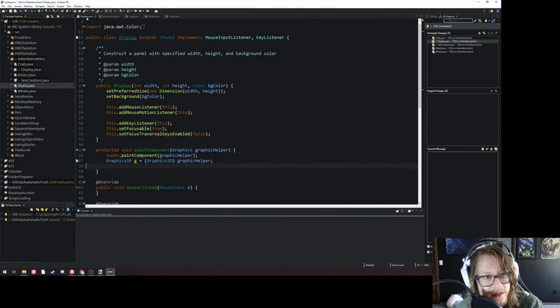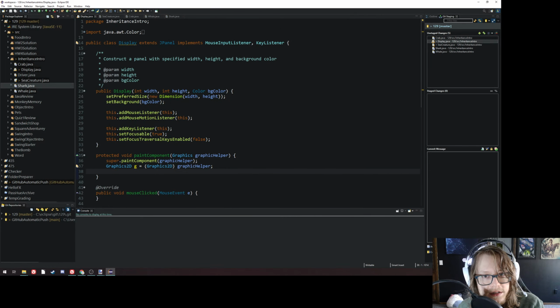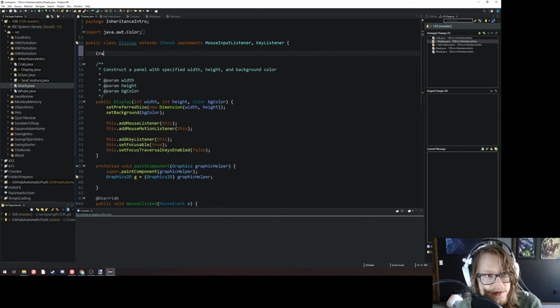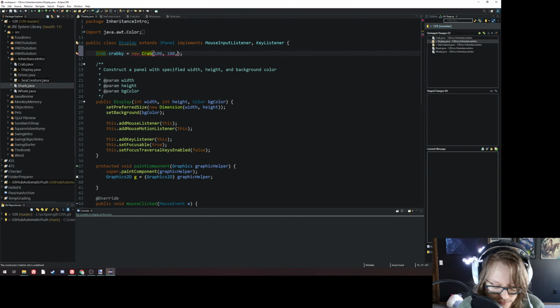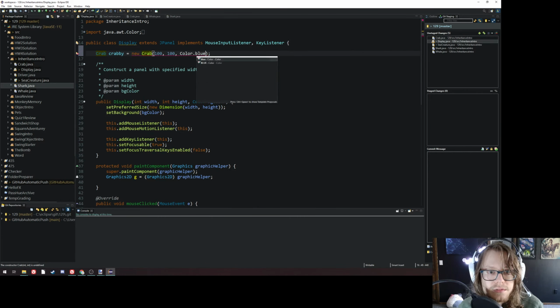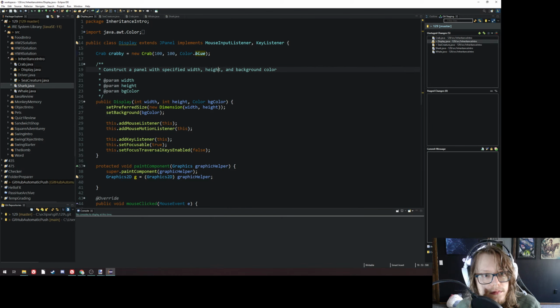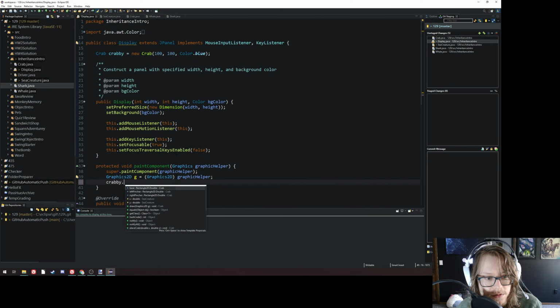Okay, so let's go back to the display and create a crab. Easiest way for us to create a crab is going to be the way that we're used to. So let's say crabby equals new Crab. What did we need? An X and a Y position? Let's call it 100, so he's more towards the middle of the screen. Forgot the word new there. Oh, needs a color too. Let's call this a blue crab. It's going to be a beautiful blue crab, and I'm going to draw him to the screen using his draw